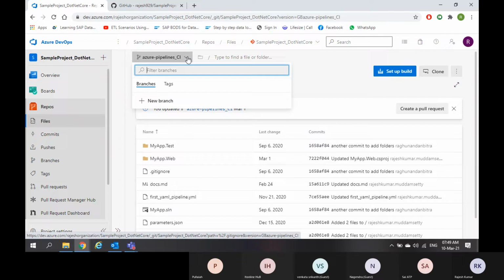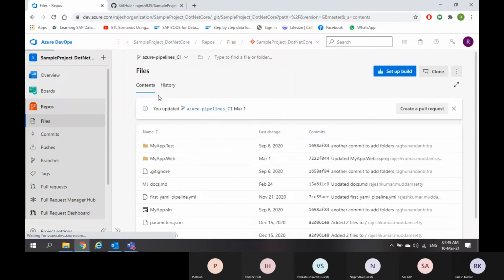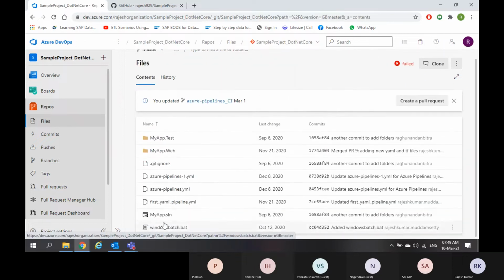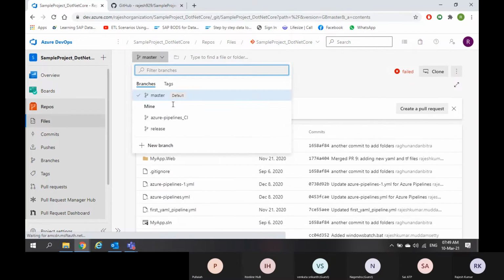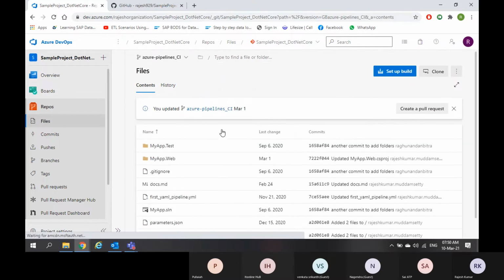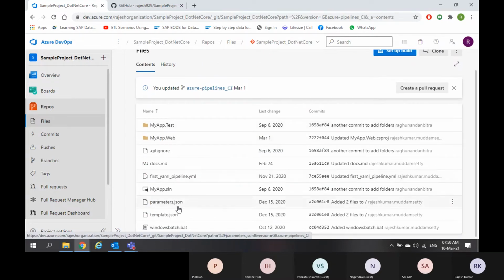If I go to master branch, I don't have those files. But these files are there in the Azure Pipelines branch. And the last change happened in September, March, February, November, December.